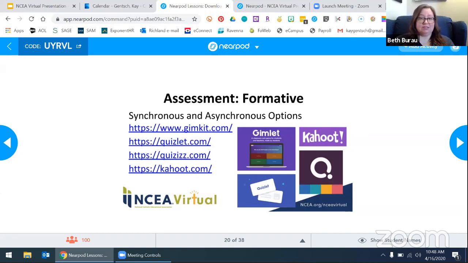If you haven't had a chance to check Gimkit out, I recommend it. It's another freemium account, meaning there's a free version where you can create up to 5 games. Currently, because of COVID-19, you can request to up your free kit to 10. And then there's, of course, a paid version, so you can create more. Kahoot is free, and Kahoot is well known as well. The same with quizzes. And then